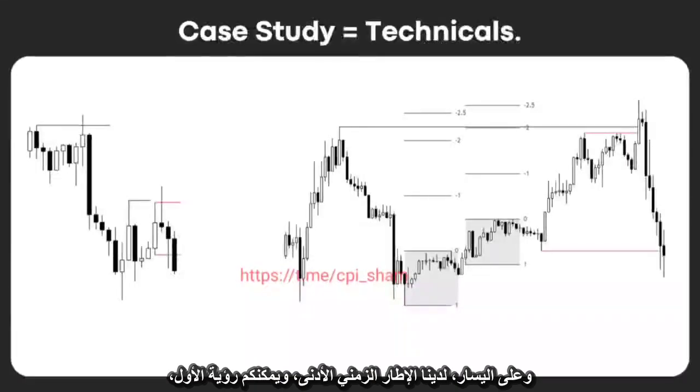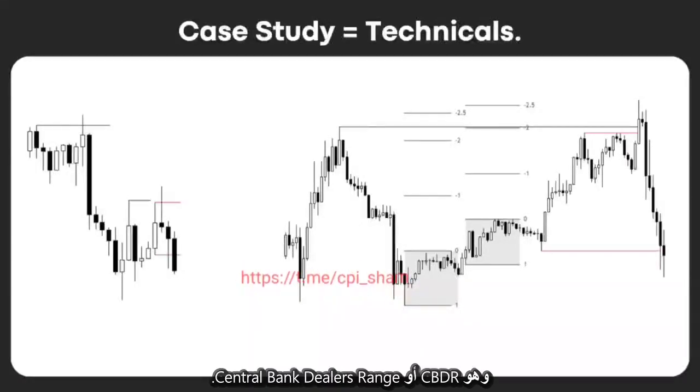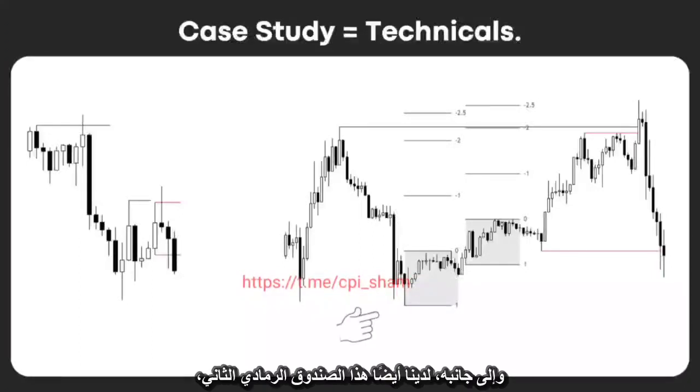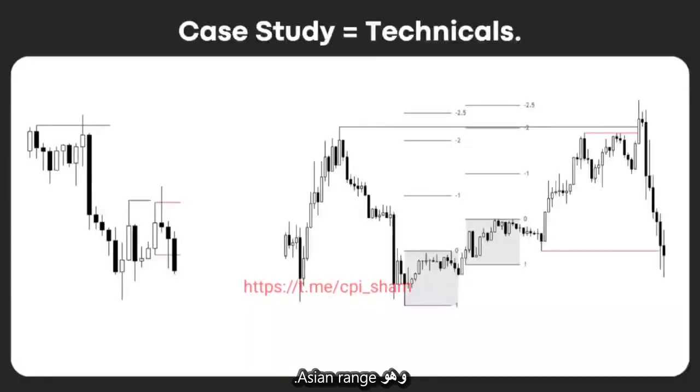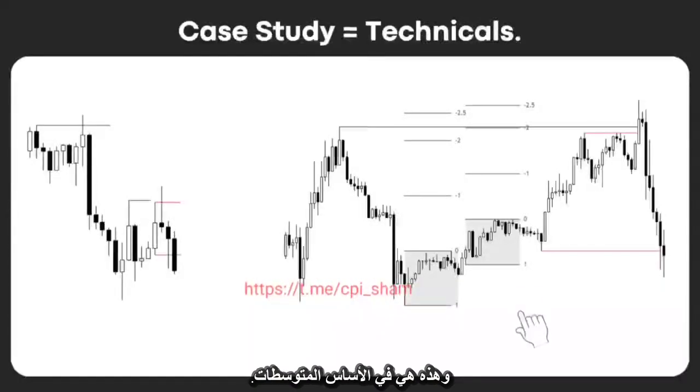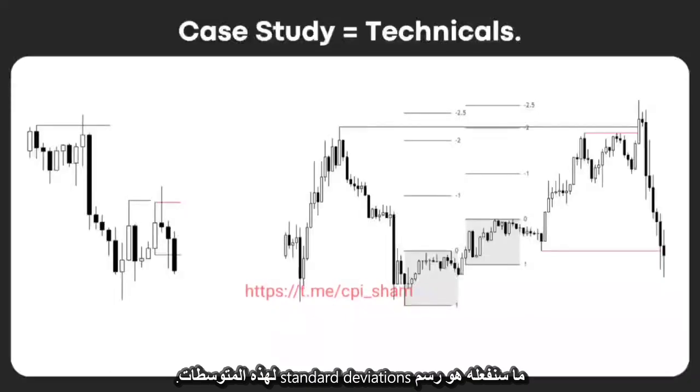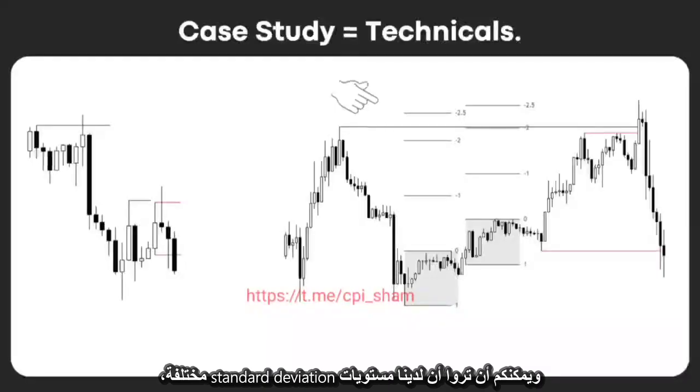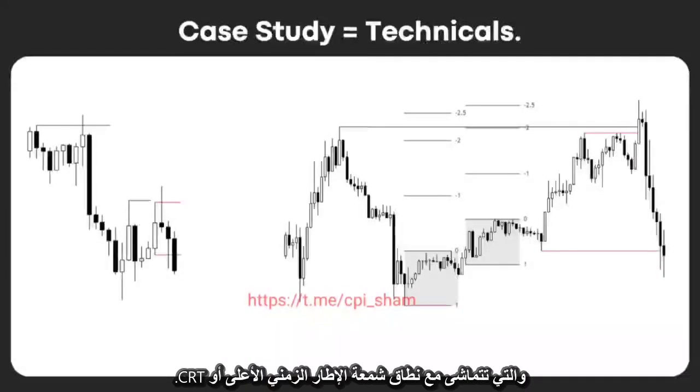And on the left we've got the lower time frame, and you can see the first one, that is the CBDR, or the central bank dealers range. And then along with that we also have the second gray box, which is the Asian range, and these are basically the means. And what we're going to do is plot out the standard deviations of these means, and you can see that we have these different standard deviation levels, which align with the higher time frame